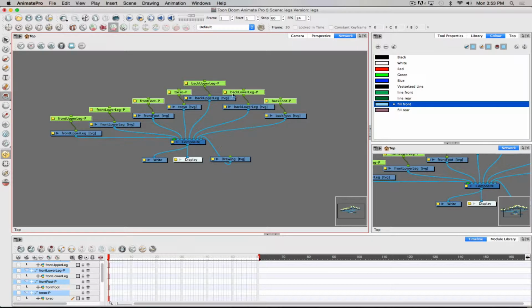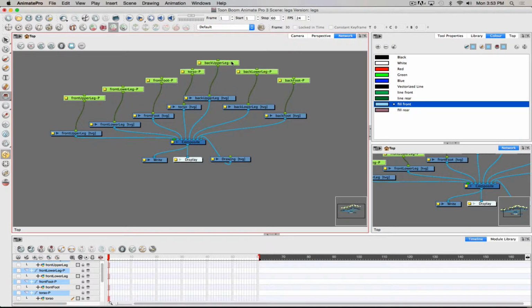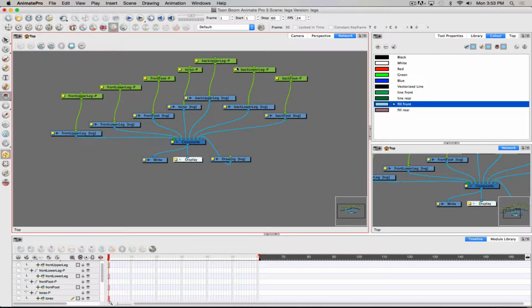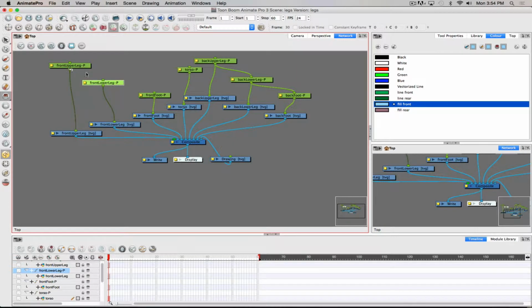Now that they're connected, we know that my upper leg will connect to my lower leg peg, which will connect to the foot, so I can build those connections. And now we can see upper leg, lower leg, foot, and upper leg, lower leg, foot. And now I have the torso. When I move the torso, it's going to affect both